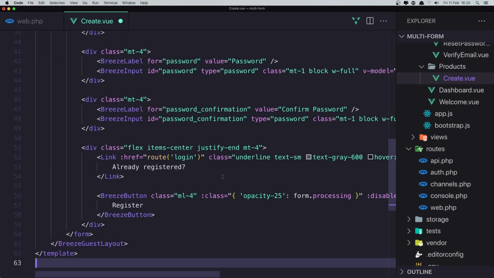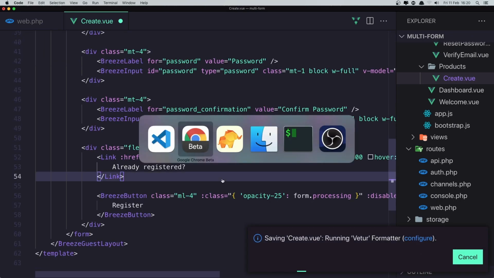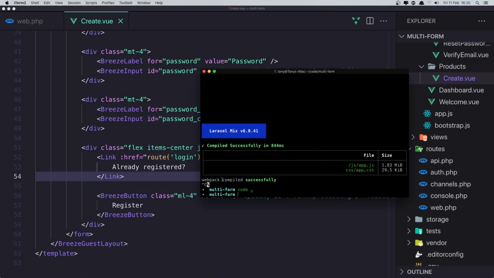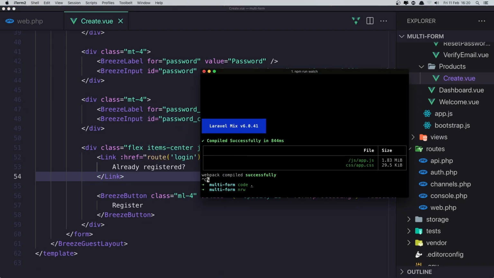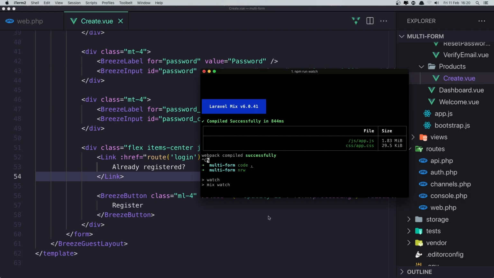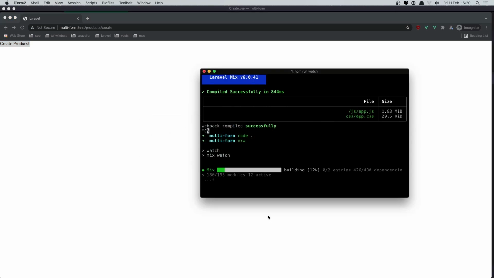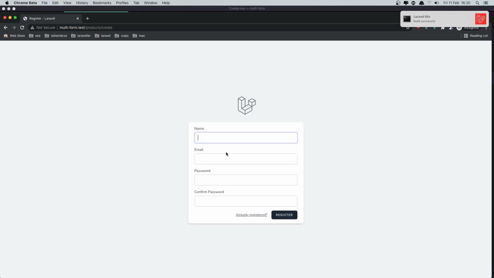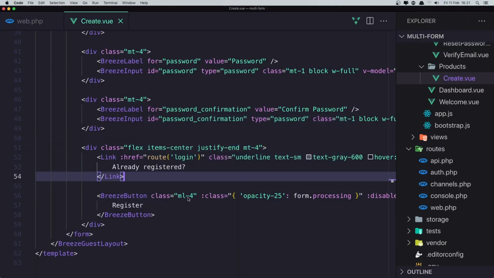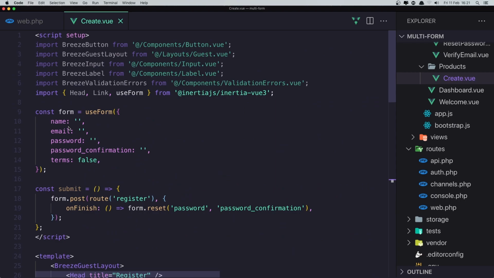If I save, we also need to run npm run watch to watch for the changes. Come here and wait for Laravel Mix to run. Okay, refresh. And yes, we have the register form here. Now I want to modify this. So come here. First, we don't need the name field as it is, but we need the name, body,